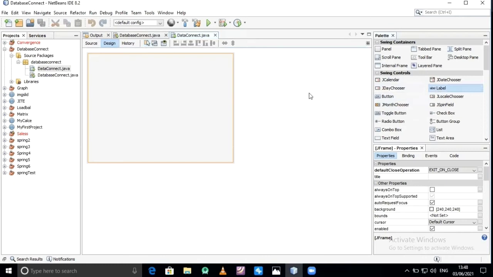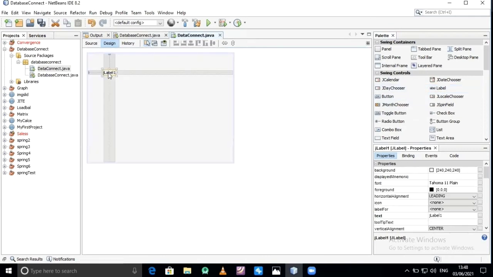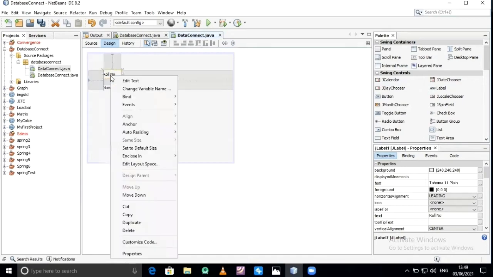So first is JLabel. Double click on this, roll number. I increase the size. Second JLabel. Suppose name.